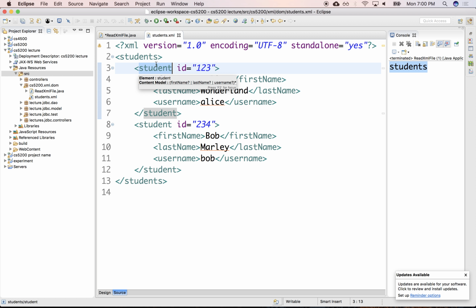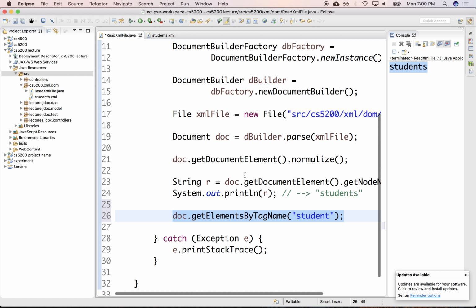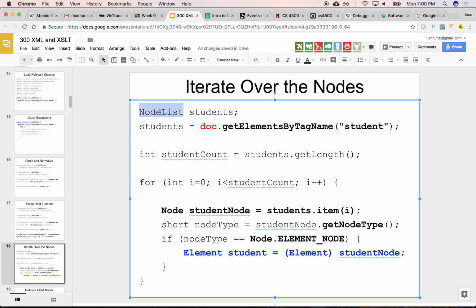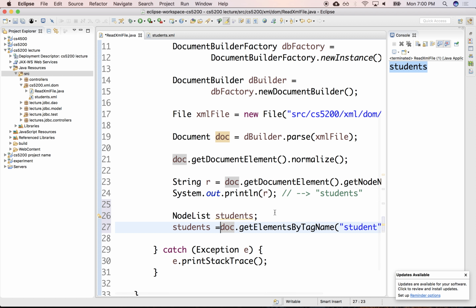At the first level of this tree, yes. But this would traverse the entire XML document looking for all the elements whose name is student, even if they are embedded way into some kind of hierarchy, very nested inside of the XML document. Yes, we would retrieve them as a list of nodes. So this one returns a list of nodes. Let me declare this. There it is. So this comes back as a list of nodes,